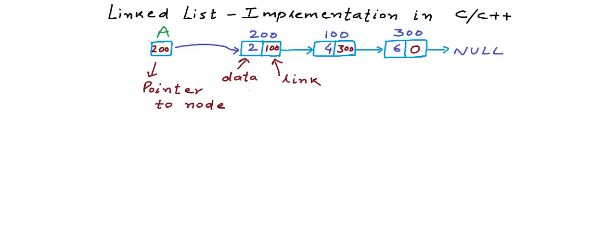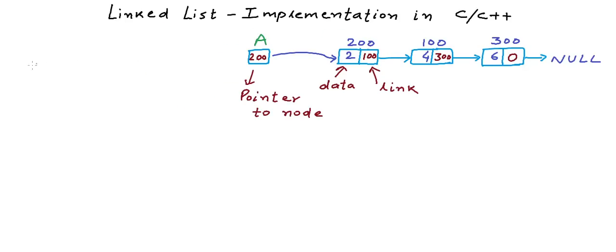So let us now see how this logical view can be mapped to a real program in C or C++. In our program, node will be a data type that will have 2 fields, one to store the data and another to store the address. In C, we can define such a data type as structure. So let's say we define a structure named node with 2 fields. First field to store the data. The type of the data here is integer, so this will be node for a linked list of integers.